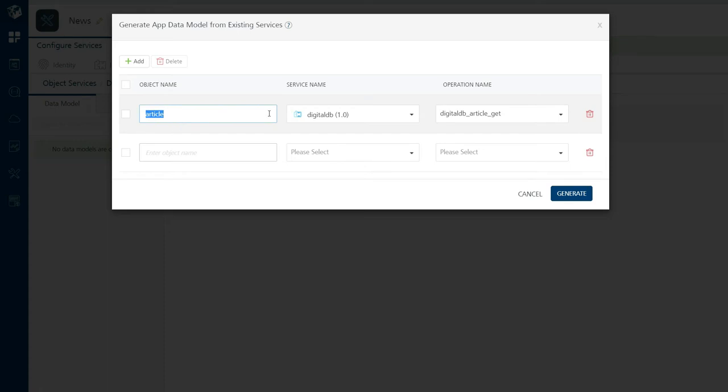The reason being, in the get operations, we will have all the fields that are available inside this article object, so that we will get all the attributes of this article object generated for us. That's the reason why we generally use get operation while generating any object inside an object service. Once you have selected these options, click on generate.